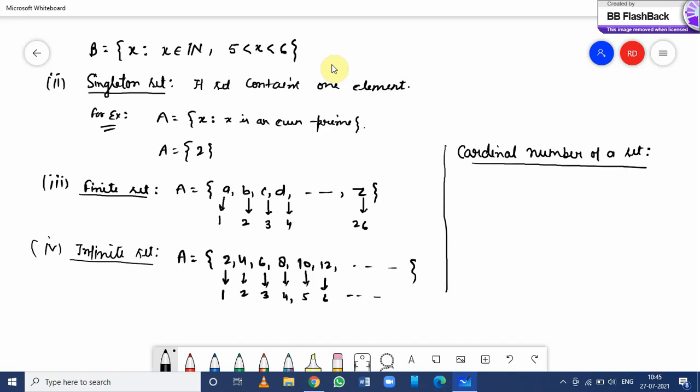So if A is any set having n number of elements,